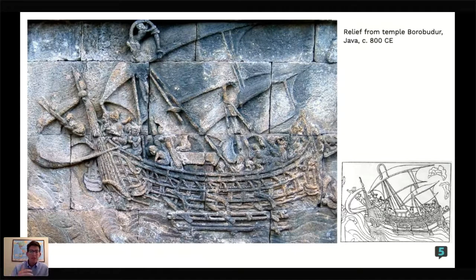Of course, Buddhism, like other religions, spread along the Indian Ocean trade network. But this shows evidence of trade along the Indian Ocean. You can see a relatively large ship and sails, a large crew on this ship sailing. And this isn't the only example. There's 4 or 5 or maybe even 6 different examples of carvings of trade that we find in this region.